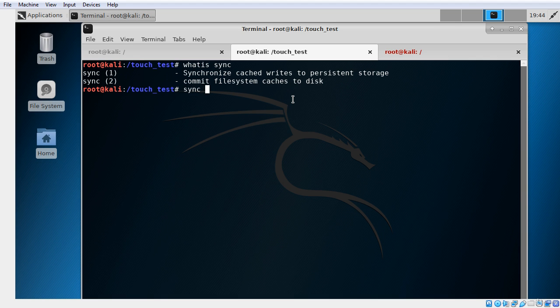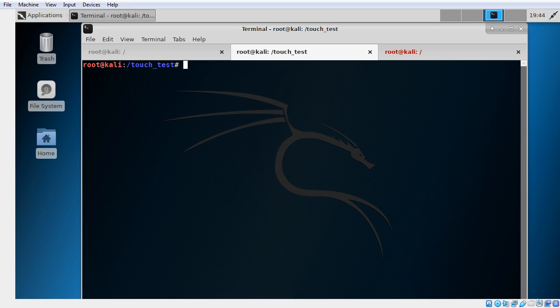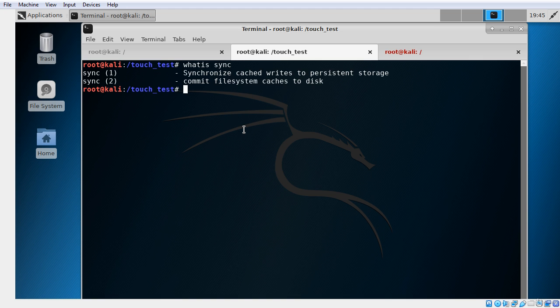So sync help: synchronize cached writes to persistent storage. Okay. Where you could use the sync command is sync,